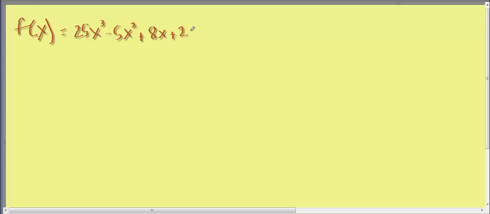All right, so this is the function. Put it in your calculator. What you're going to see is it crosses in one spot, one time only. Now, if we were to look at the Rational Zeros Theorem for this,